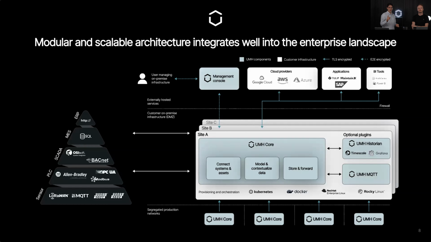And now with UMH Core, you can take this perhaps a little bit dated device that you already have there. There are often a lot of OT firewall providers which actually have the ability to now deploy software on top of it, either in Docker or Portainer or whatever. And now this makes it even more compatible, reducing the system requirements and also the operating system requirements to integrate with whatever you have down there. Could be a Raspberry Pi, or a Revolution Pi, so more industrial standard, or an IT OT firewall. Any modern PLC or industrial PC would also be able to run it. And there are some modern PLCs actually able to run containerized environments.